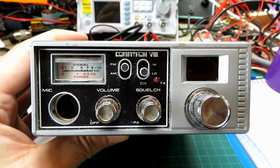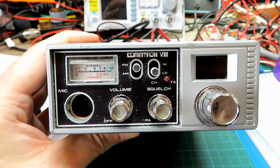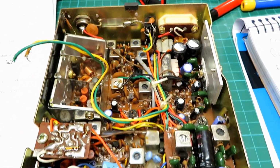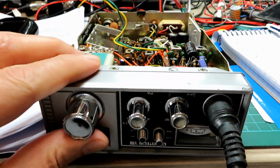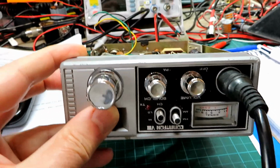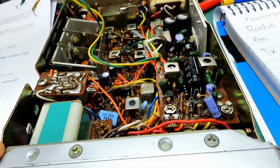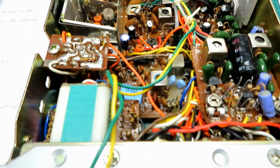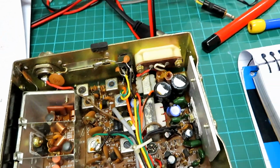Right, the last radio we have in the batch is the Commtron V3. This is an 80 channel FM and AM radio, and there literally is no information online about this that I can find whatsoever, so this will be interesting. There's no setup information. Obviously the board looks slightly familiar in terms of its layout, but I'll have a go